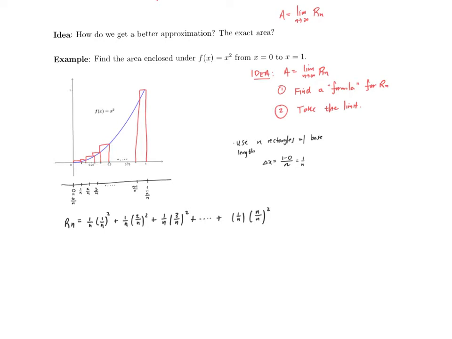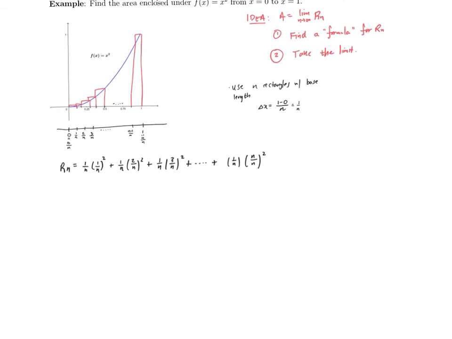And our goal is to come up with a convenient formula representing this quantity, one that we can take the limit of. This is where our previous discussion involving sigma notation is going to come into play. So let's go ahead and just make a couple observations. The first observation I would like to make is we're adding up multiple terms, but they all have something in common. Note, each and every one of these quantities has this 1 over n representing the base length of the